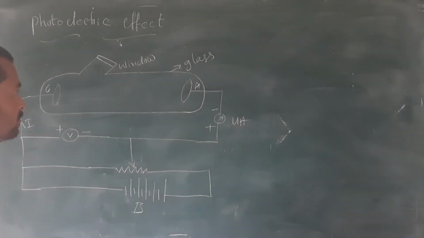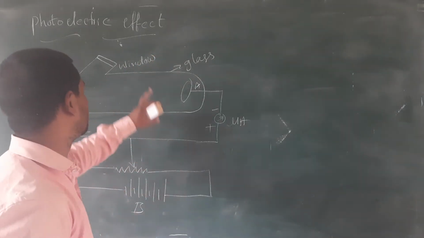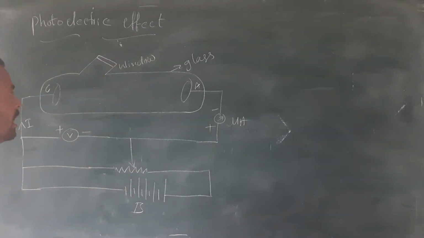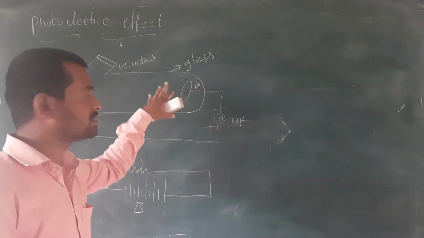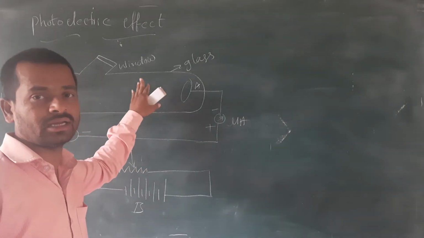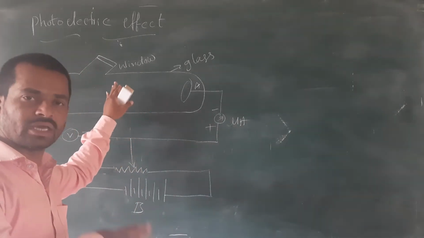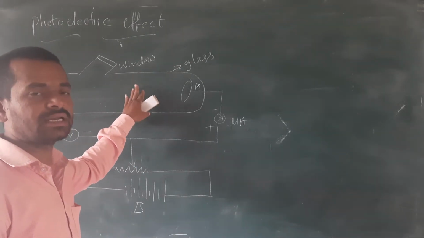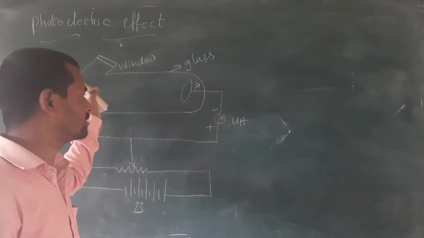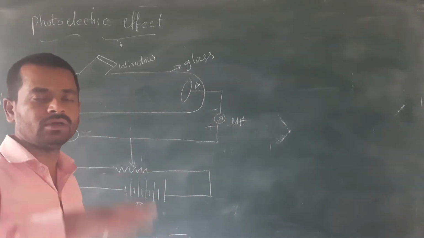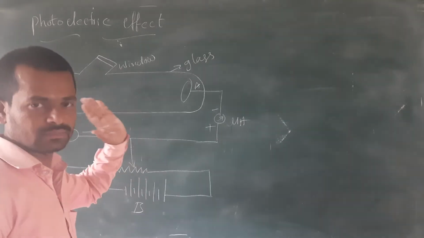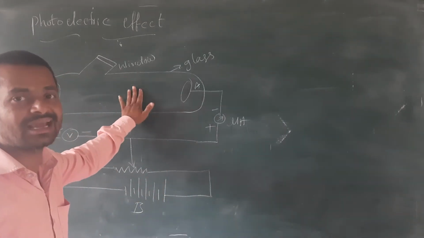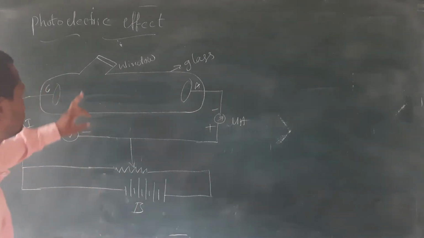Why? It is a place to enter the light into the tube. And before doing this experiment, we must keep it evacuated, meaning whatever gas is present, we must send it outside. We maintain certain pressures only so that the electron can travel in space. At a lower pressure only, electrons can travel in air or in space. So that is why it is an evacuated glass tube containing a window.